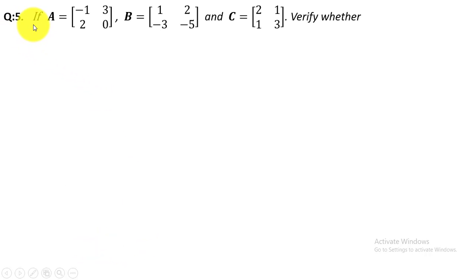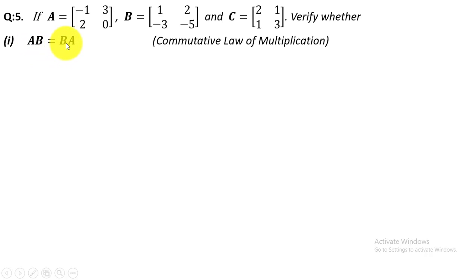In the fifth question, A is equal to the matrix having elements -1, 3, 2 and 0, B is equal to the matrix having elements 1, 2, -3 and -5, and C is equal to the matrix having elements 2, 1, 1 and 3. Verify whether